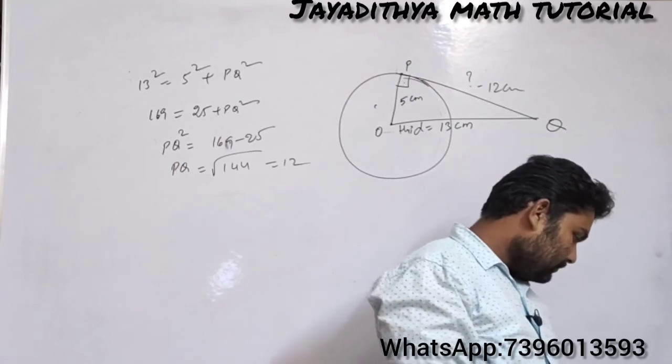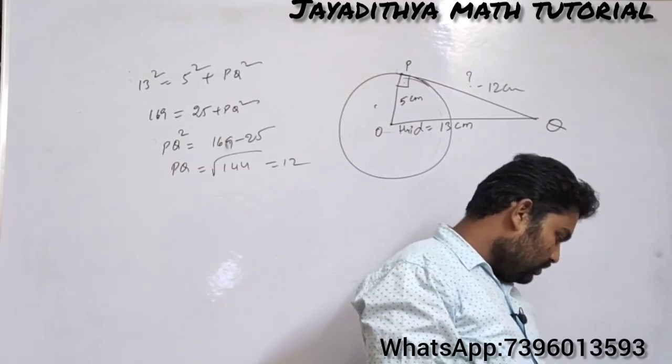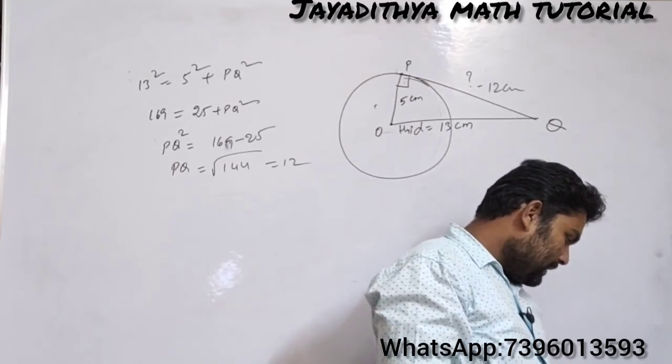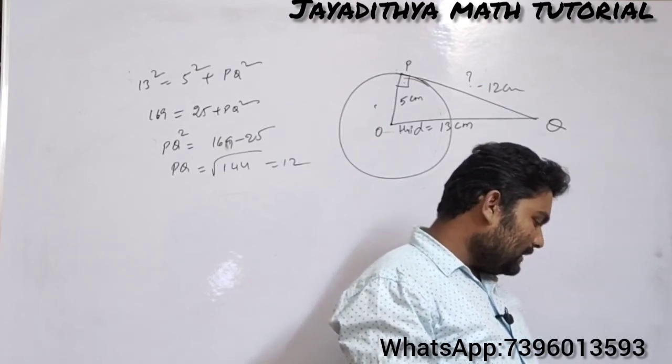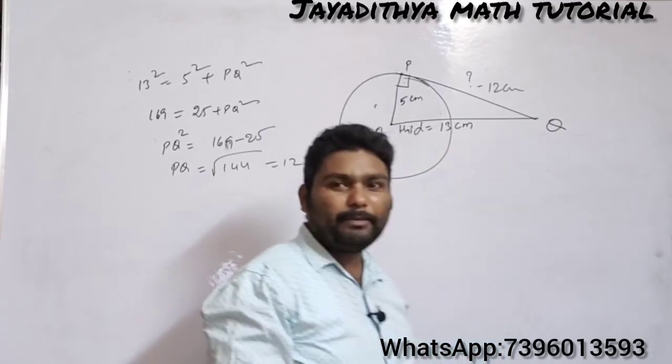That is the question. Okay. Next, let us calculate one more thing. Calculate the length of the tangent. This is also the same problem. You can do it. And prove that tangents to a circle at the end points of the diameter are parallel.